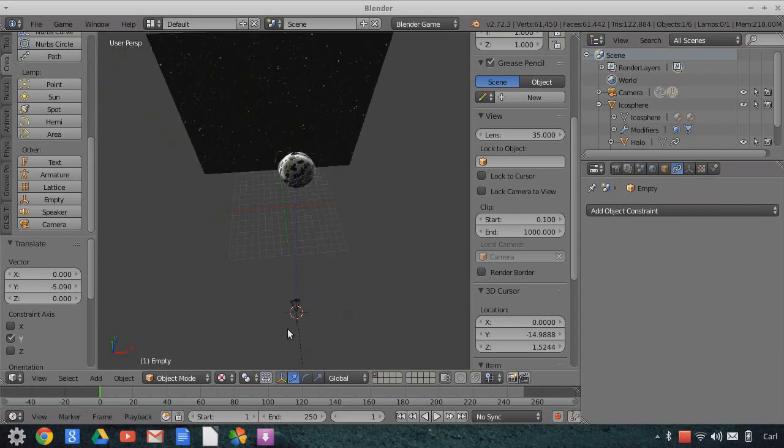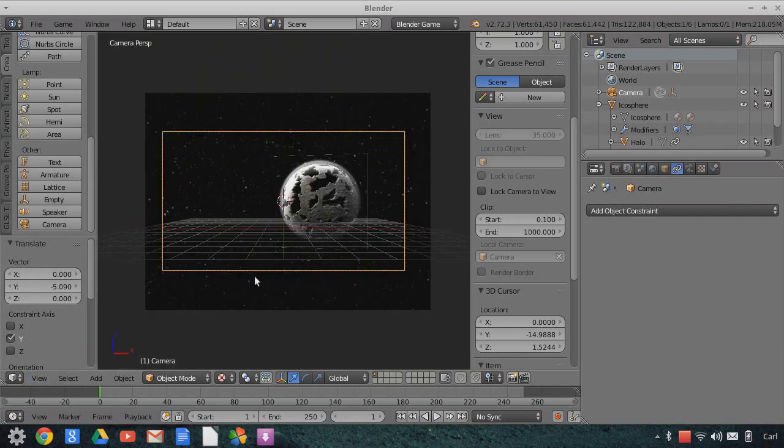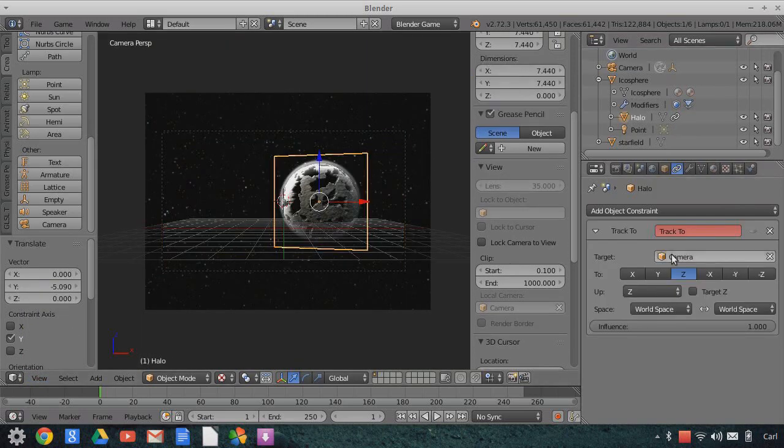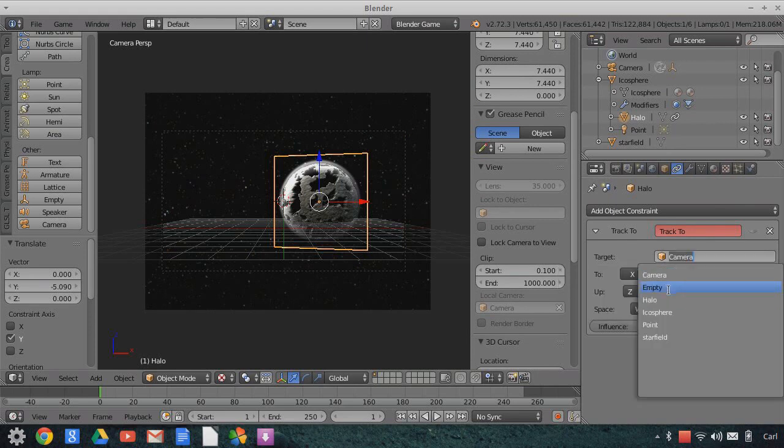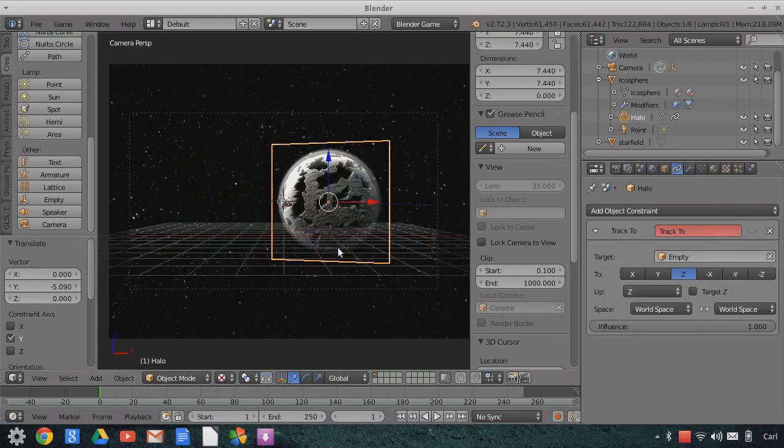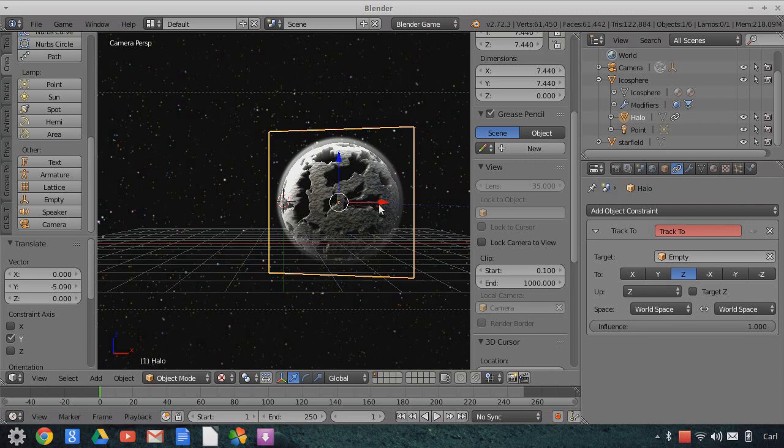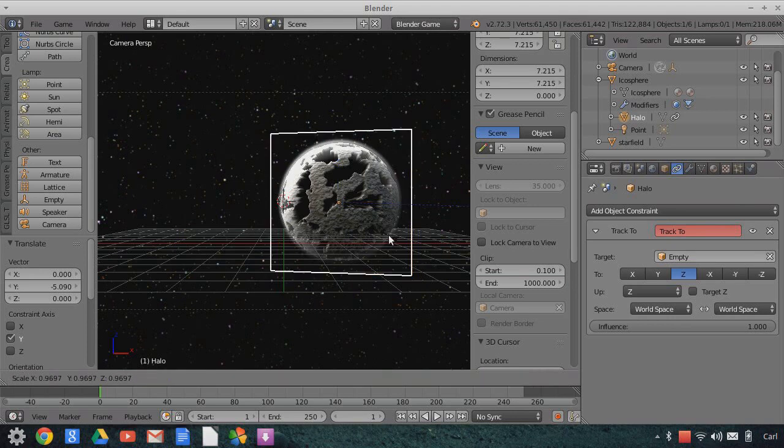And we will parent, or rather, I will, on my halo, I will set this track to that empty instead of to the camera, and that might help a little bit better. That looks a little bit better. Okay, so now we can take our halo, scale it down a little bit, and I'm going to go to